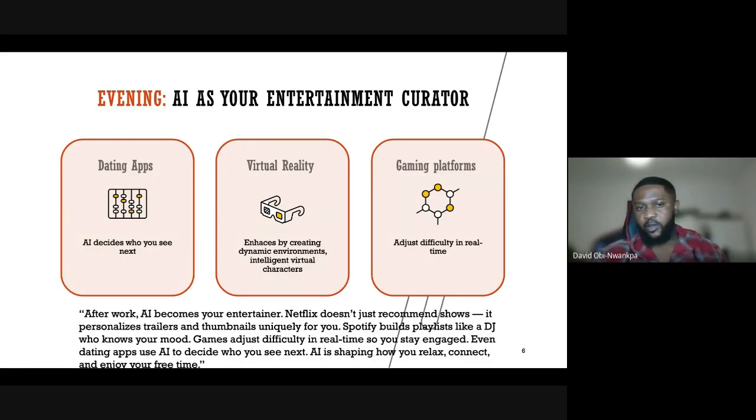A lot of people head on to dating apps in the evening when they are more calm, and they try to find a match. They try to look for people around them who they can connect with. These dating apps now have new AI integrations that help people decide who to see next.